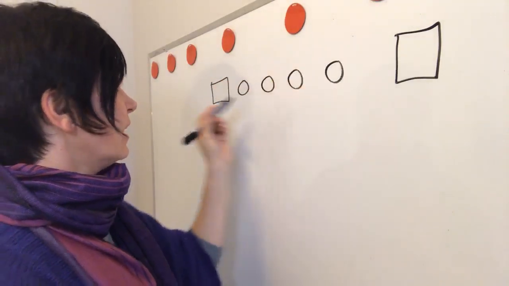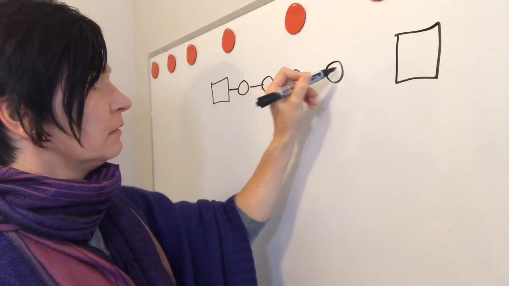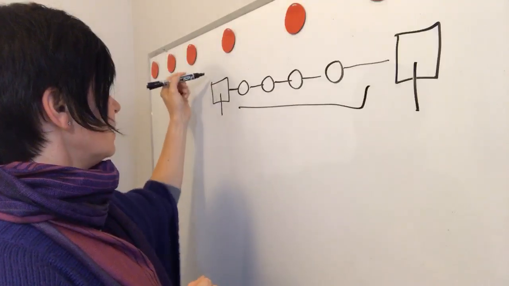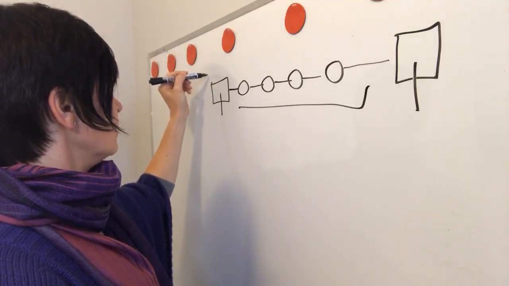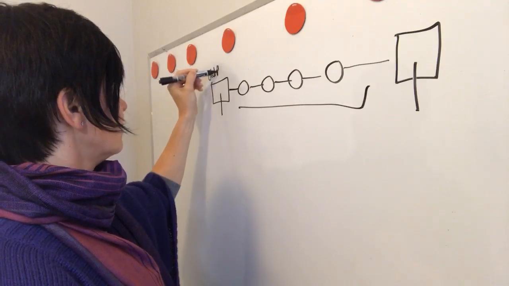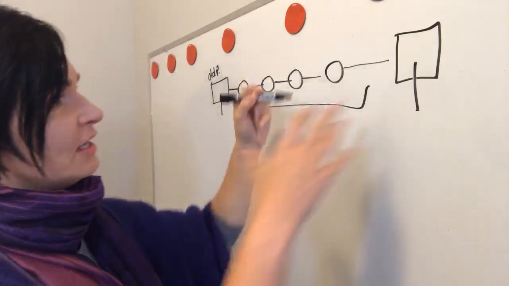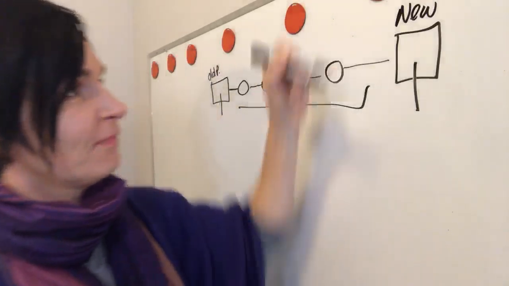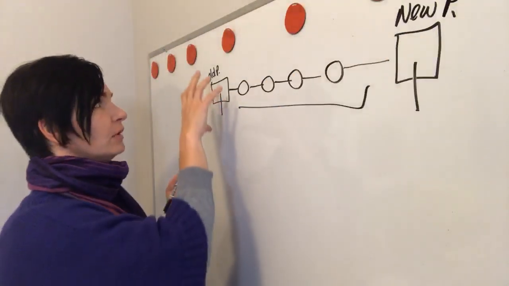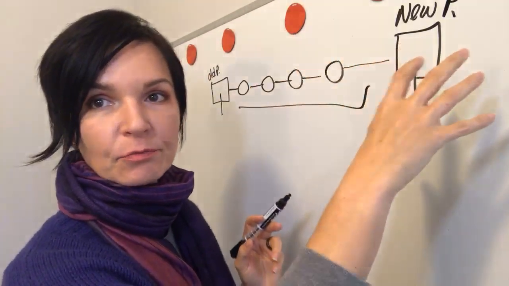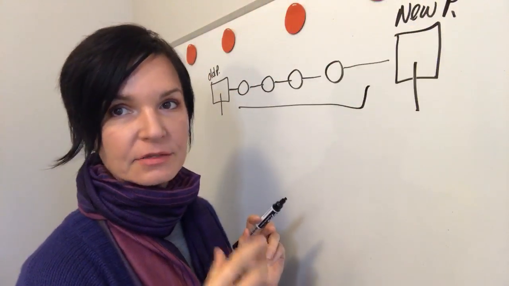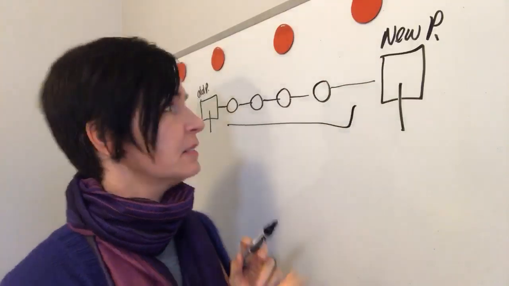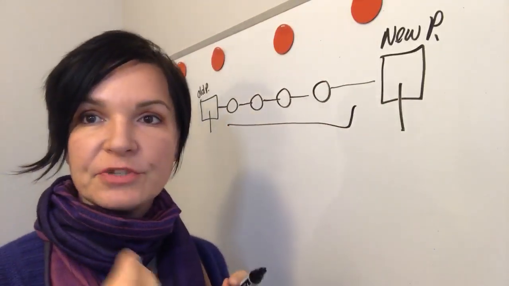So an interactive story really is a framework that has a beginning, a middle, and an end. And here is a way that somebody is looking at the world, which is the old perspective. We're going to call it the old P. And here we're going to have the new perspective, or the new P. Now, the way somebody gets to their new perspective is, let me adjust that a little bit, yeah, that is better. They get to their new perspective through a bunch of decisions, a bunch of challenges they need to go through.